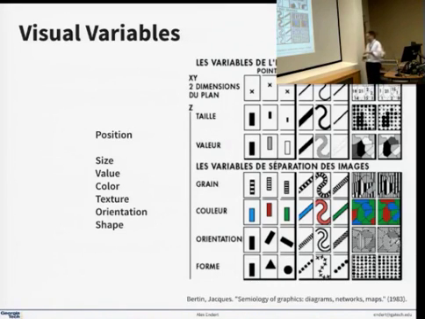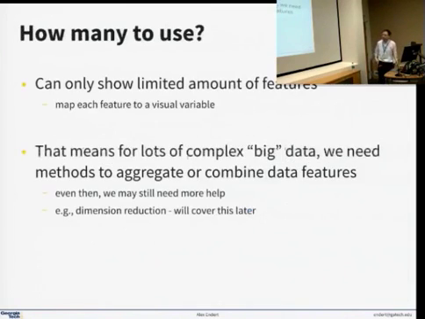And typically, what we do is we map a single feature of our data, or single dimension, onto one of these variables and put those into our actual visualization. And so this leads us to the question of, how many of these should we use? You can envision making a visualization that uses all of them, a scatter plot where shape means one thing, size means one thing, color means another thing, rotation means something, and